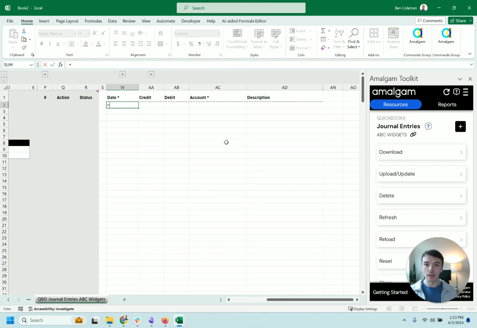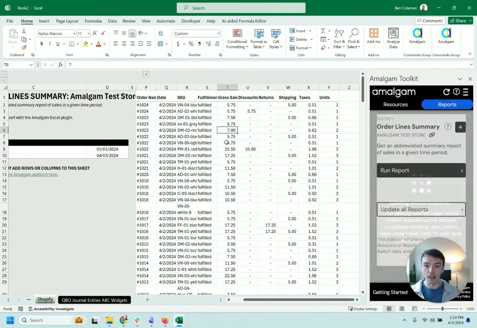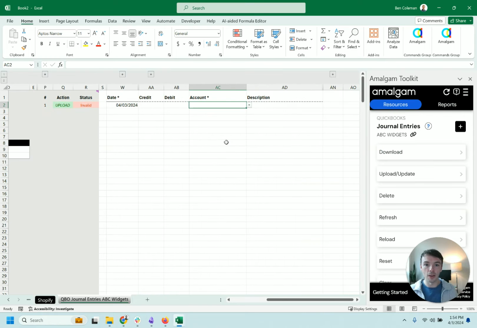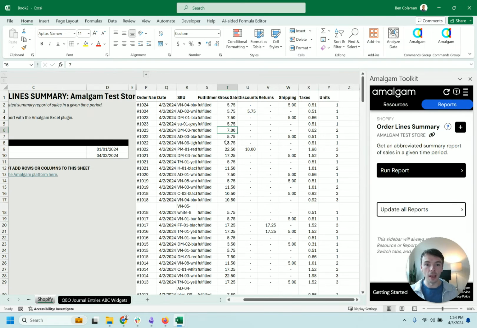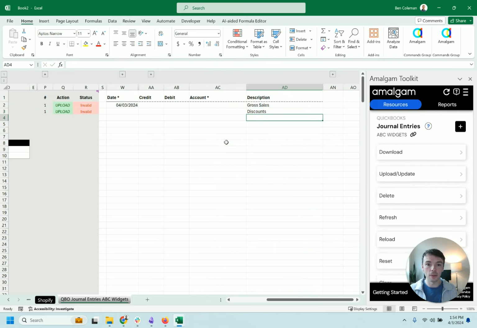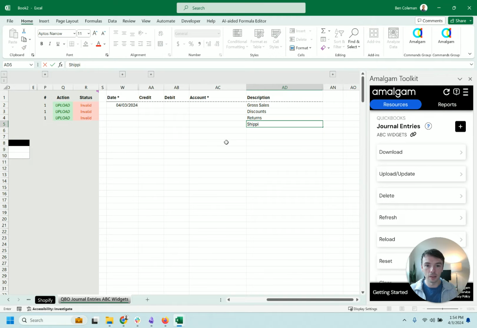So we're going to create something with today's date. Let's just go with equals today here. Might as well use formulas where we can. And so we're going to have a couple of different lines that we're going to use. So we're going to have gross sales. We're going to have discounts, returns. We're going to have shipping